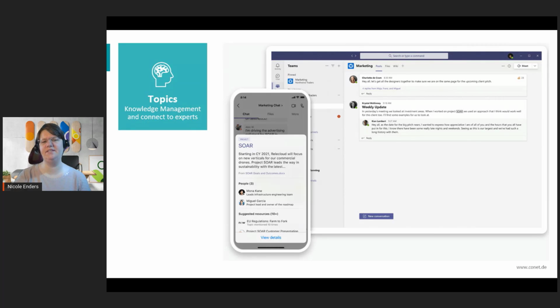You see Microsoft Teams in the background, and you see a zoomed in smartphone here. And what you really should see is this buzzword, SOAR. That's a so-called topic.